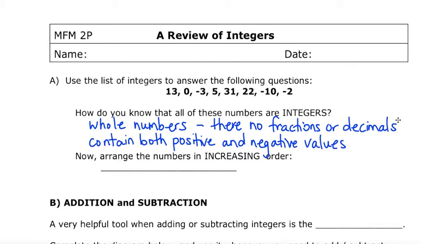So an integer is a whole number that can be positive or negative. It also includes the number 0. So in order for it to be an integer, it can't be a fraction and it can't have any decimal